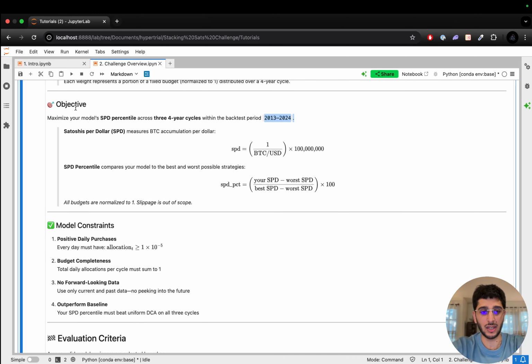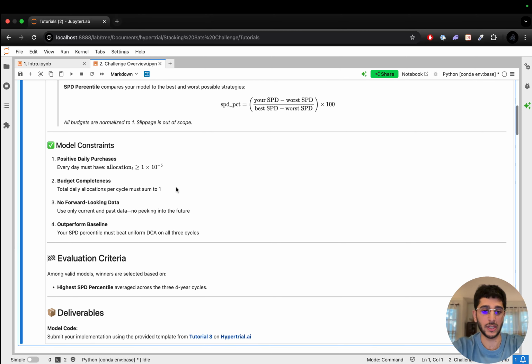This isn't just an unconstrained optimization. You have to optimize your model subject to these constraints. This is how we impose the DCA aspect of your strategy, hence why it's still a dynamic DCA accumulation strategy, which is every day you must purchase Bitcoin. And not only should it be some amount, it should be some amount that's greater than or equal to this